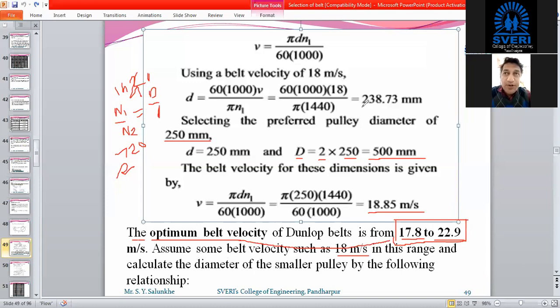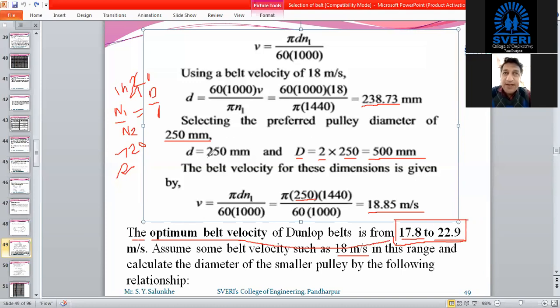Now the smaller pulley diameter comes as 238.73 millimeter, but you have chosen 250 millimeter. Definitely it will affect the velocity. It is affected by 0.85 meter per second, which is again in the range.